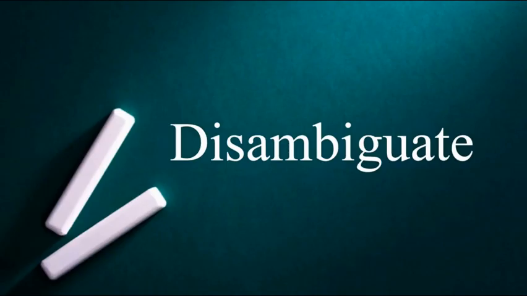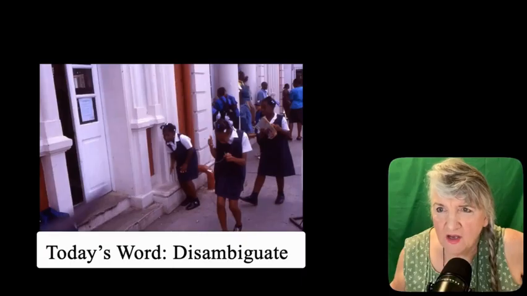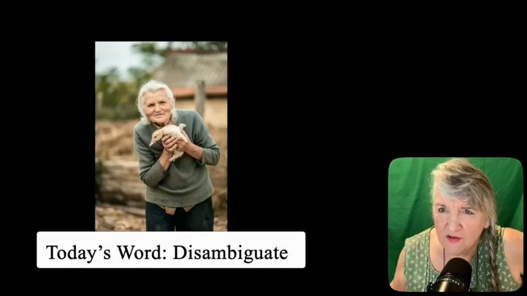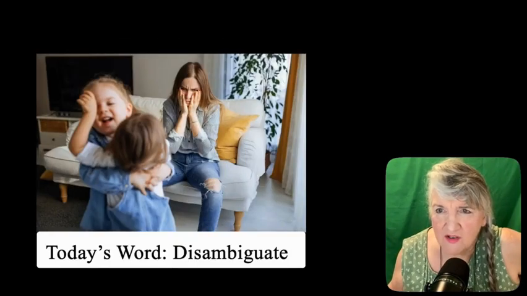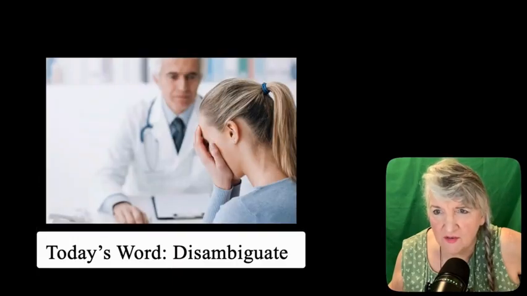Disambiguate is a verb that means to clarify something that's ambiguous by providing or considering additional information. In linguistics, establishing an interpretation for a word, phrase, or sentence helps disambiguate the meaning. Sometimes context is key. For example, I saw her duck. Does that mean I saw her duck or I saw her duck? Or she can't bear children. Does that mean she can't stand to be around children or she's unable to give birth to children?